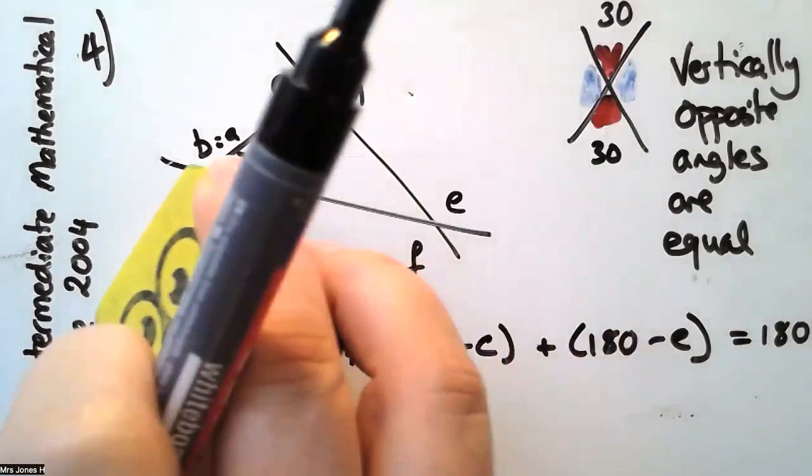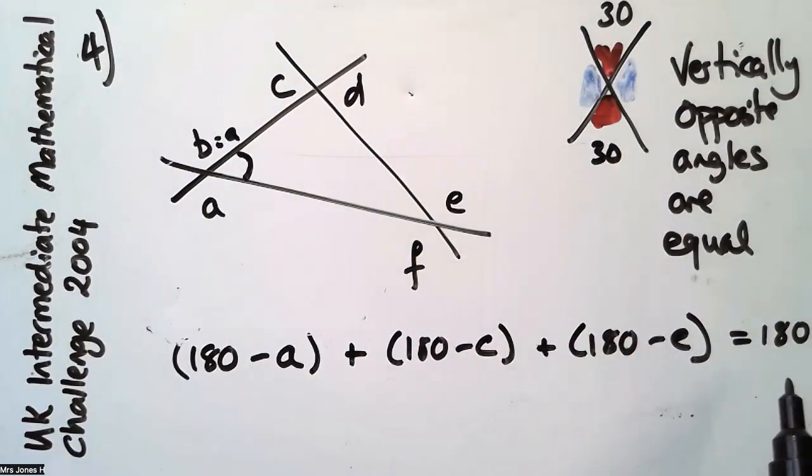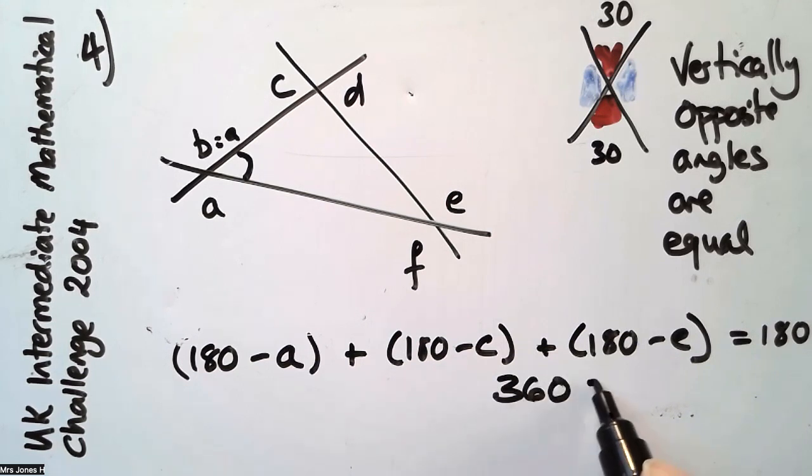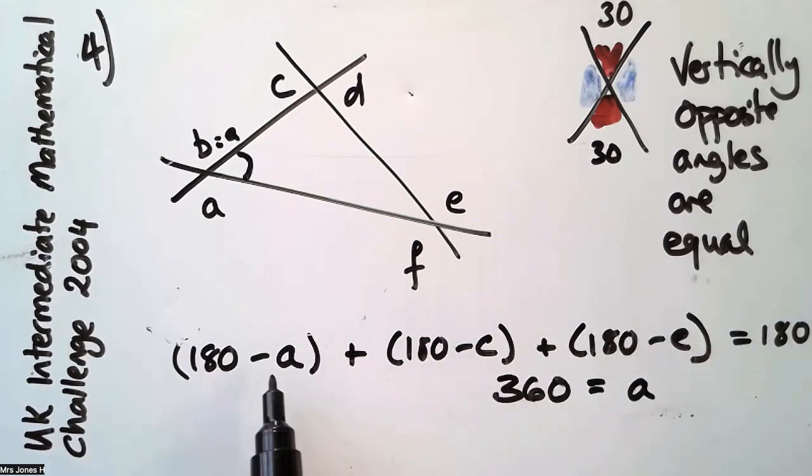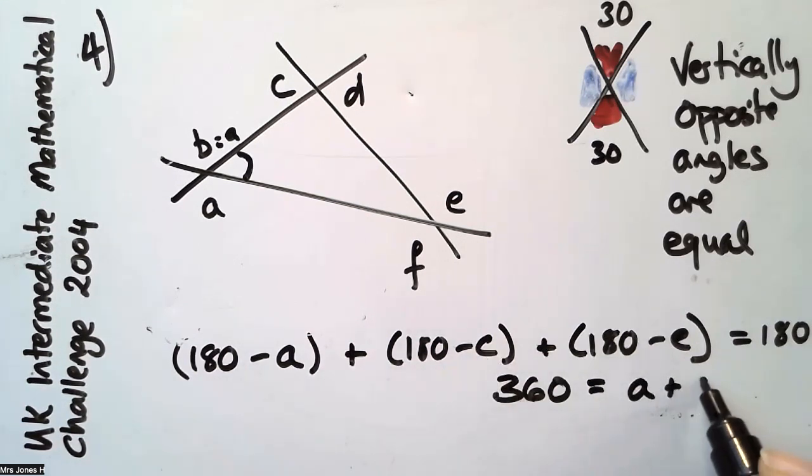I'm just going to delete this for a bit more space. To simplify this, I can add 180 plus 180 plus 180, which gives me 360. Oh, in fact, I've got 180 here as well. So I could actually simplify that to be, 180 plus 180 plus 180, subtract 180 there, if I bring that across, this becomes 360. And then I've got a negative A, so if I add that to the other side, I get rid of it from this side, C, add it to that side, E, add it to this side, and therefore this simplifies